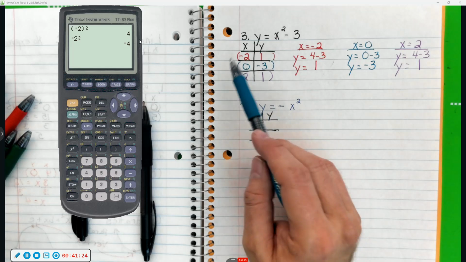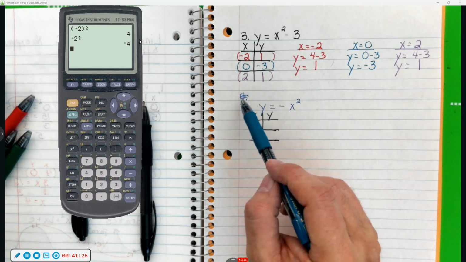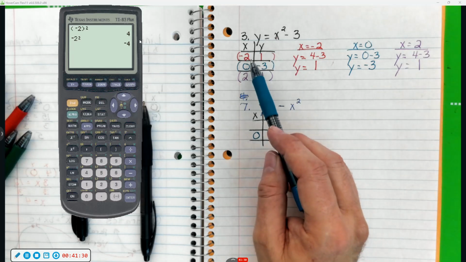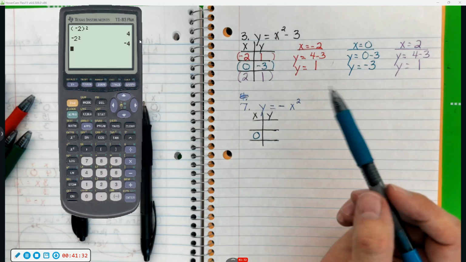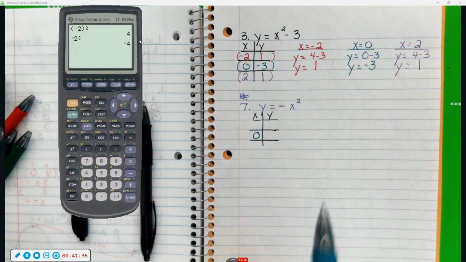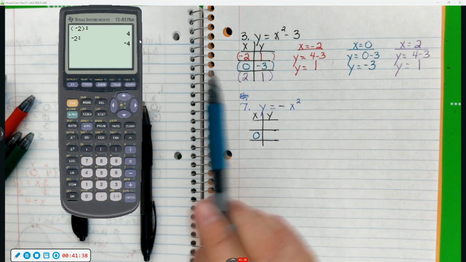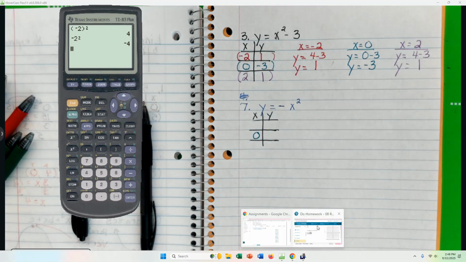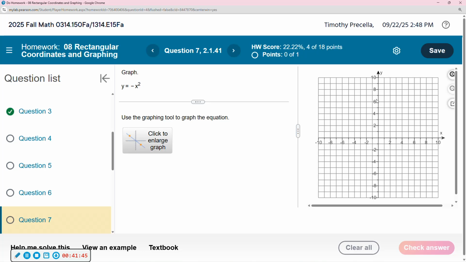If you want to use -3 and +3, that's fine. I wouldn't use -4 and +4 because 4 squared is what? 16. And was that on the graph? Look at our graph paper. See, the graph paper is only drawn up to 10. So I'm going to stick with just -2, 0, and +2 on this one, even though it didn't tell me